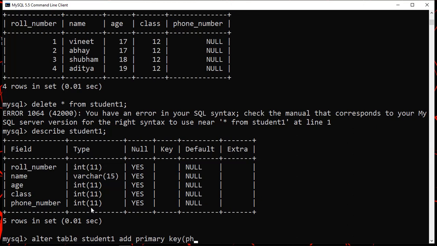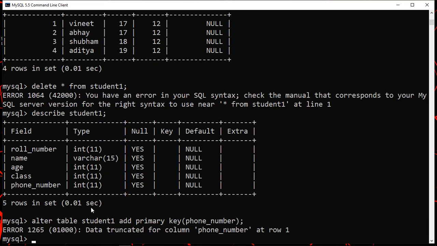Here we want phone underscore number. So let's write phone underscore number, press semicolon and press enter.